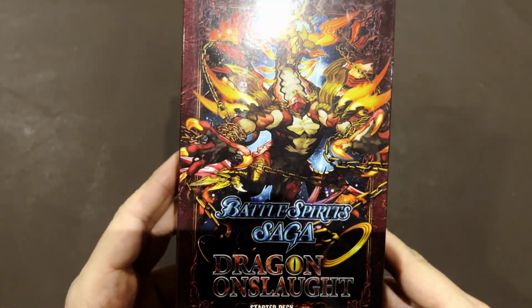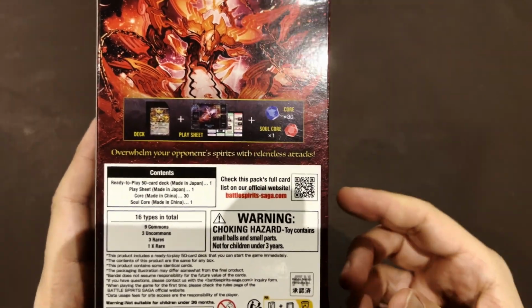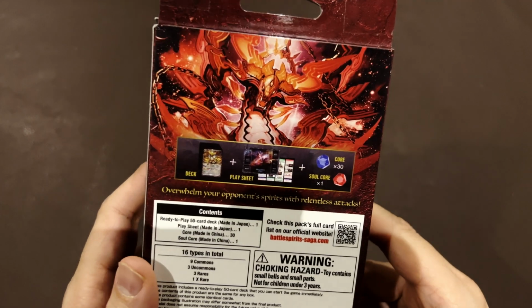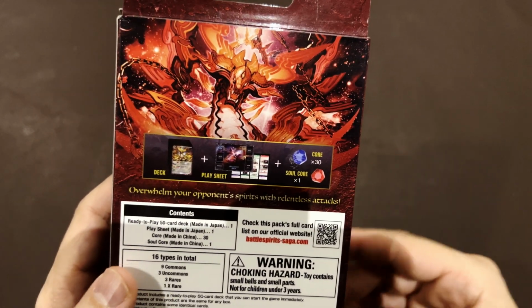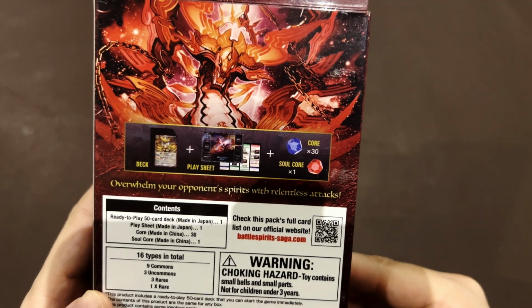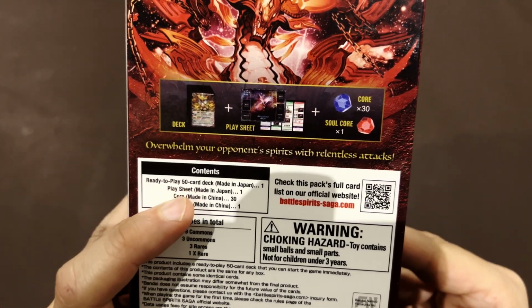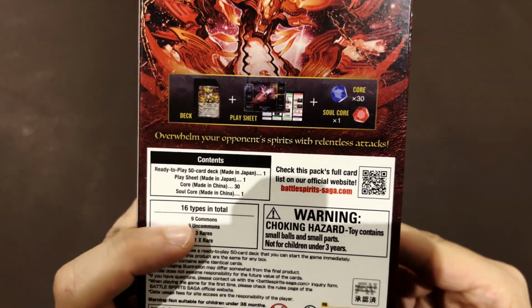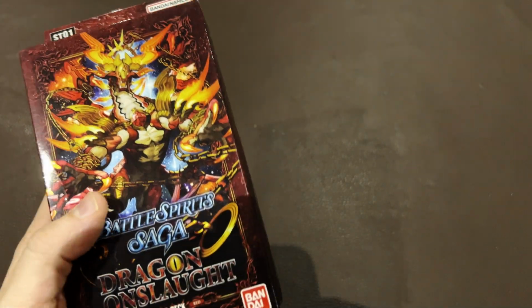So this one seems to be related with dragons, a red deck somehow. I don't know the colors of the deck yet. Probably in the final videos I'll be able to tell you more about the game, but this is really the first one where I'll be contacting with these cards for the first time. But then you can see that inside you have a ready-to-play 50-card deck, the play sheets, cores, type of cards. Okay, so let's see what is inside Dragon